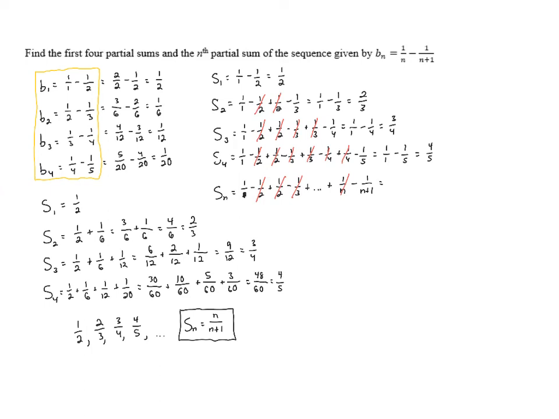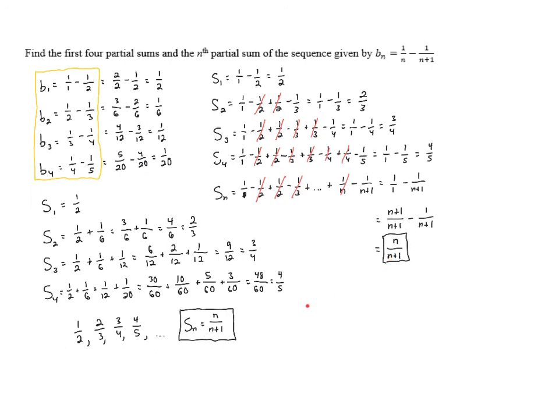And so here we've got 1 over 1 minus 1 over n plus 1. The least common denominator here is n plus 1. So we've got n plus 1 over n plus 1 minus 1 over n plus 1. And when we subtract the numerators, we're left with n over n plus 1,